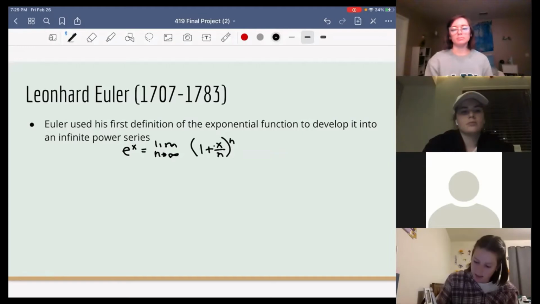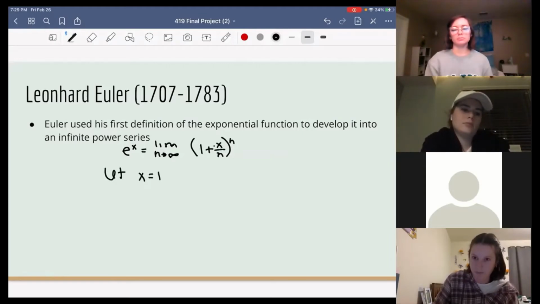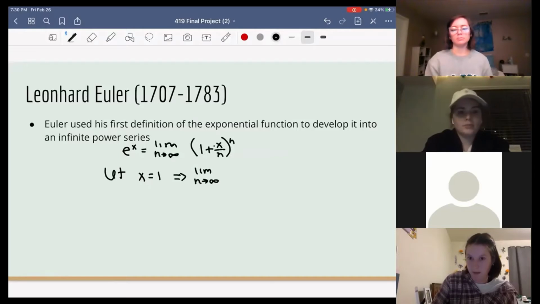And then he let x equal 1, resulting in the limit as n approaches infinity of